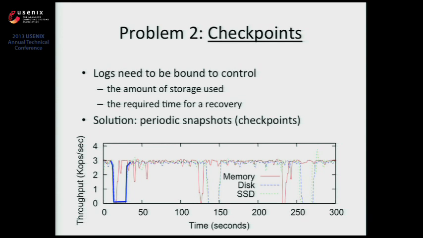First thing you can notice is that the perturbation caused by disk and SSD is more or less the same. The thing here is that we are writing a big bunch of data, 1 gigabyte, so it doesn't matter if the SSD I/O rate is better because it's a bulk write. The disk bandwidth is good enough to deal with that. The second thing you can notice is that even if I do the checkpoint to memory, there will be an overhead, some perturbation. This happens because you have to stop the service, serialize the state, and store it at some place in memory. So maybe it's the overhead of serialization.